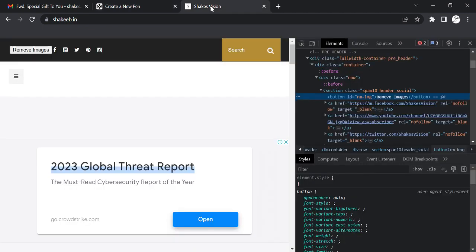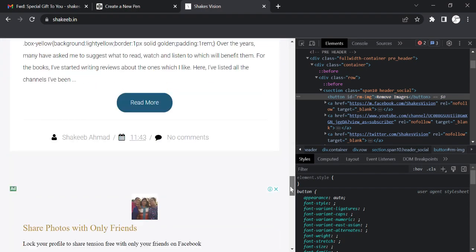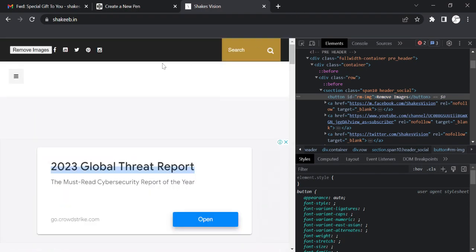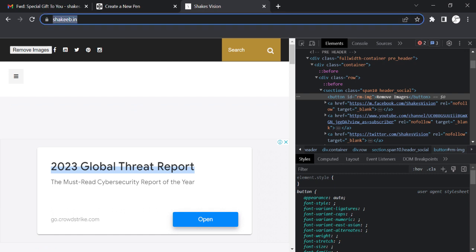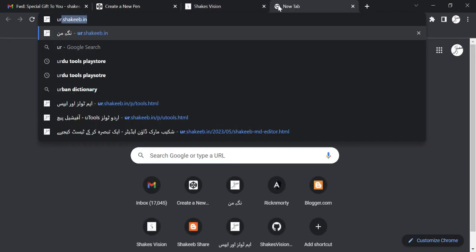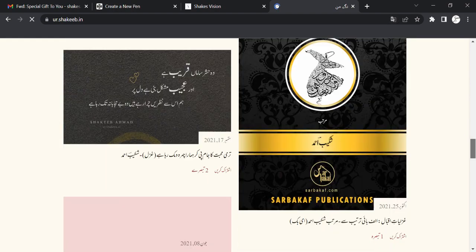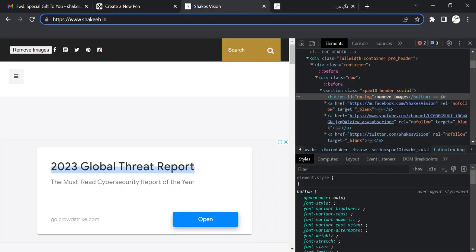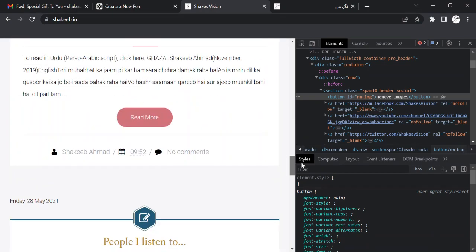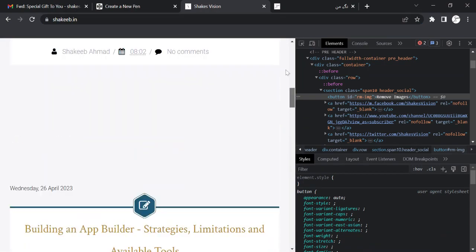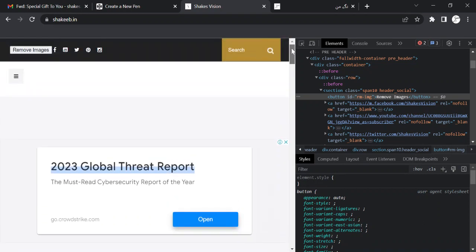The second problem they assigned me was to go to any website and remove all the images. So I thought, why not go to my own blog. I opened the Urdu blog first, but thought they would not understand any of it, so I instead went to this one, and they asked me to remove all the images from this page. I clarified whether they wanted the images just hidden or all the image tags removed.